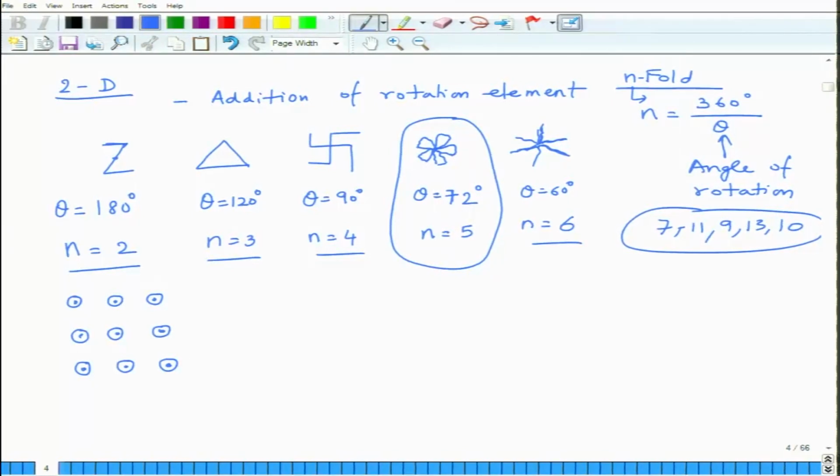The graphic symbol for these symmetries is shown like this: this is the symbol for 4-fold symmetry, this is the symbol for 5-fold symmetry and this is the symbol for